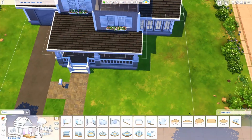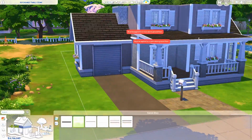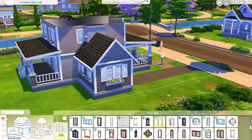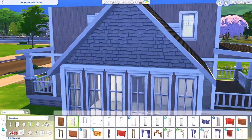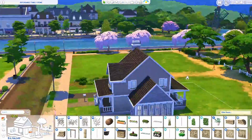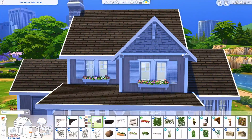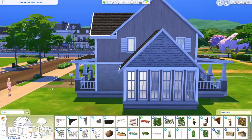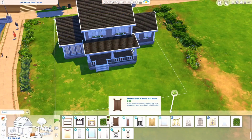So I don't really know what to do. It was like nothing was really fitting for the house, and I basically ended up, also because I don't like when I just use one wallpaper for the entire house. I like to mix different wallpapers on my exteriors. So I basically ended up using one of the base game bricks for the bottom floor, and then the second floor is a wallpaper. It's a wood paneling that came with, or siding, whatever you want to call it, that